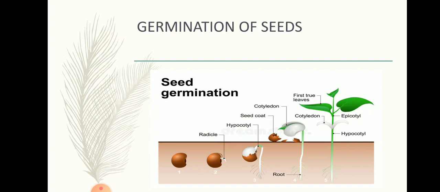And when a plant starts growing, it depends on the food which is stored inside the seed, and only when leaves appear do they prepare food by the process of photosynthesis. So earlier, when leaves are not there, whatever food is stored inside the embryo, as we have seen in the parts of the seed, at the time of the radicle and plumule coming out of the seed, the embryo supplies it with the food, and once the leaves start coming, then the leaves start preparing food by the process of photosynthesis.